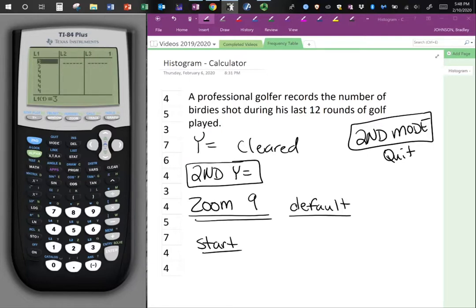But I need to go to a starting point. I need to go a little bit less than 3. I like to go a little bit less, a half less. So 2.5 is really a little bit lower than 3. Now, with my end,